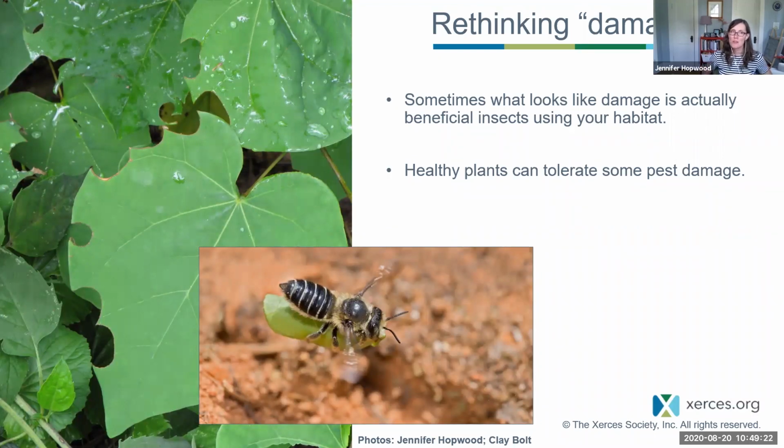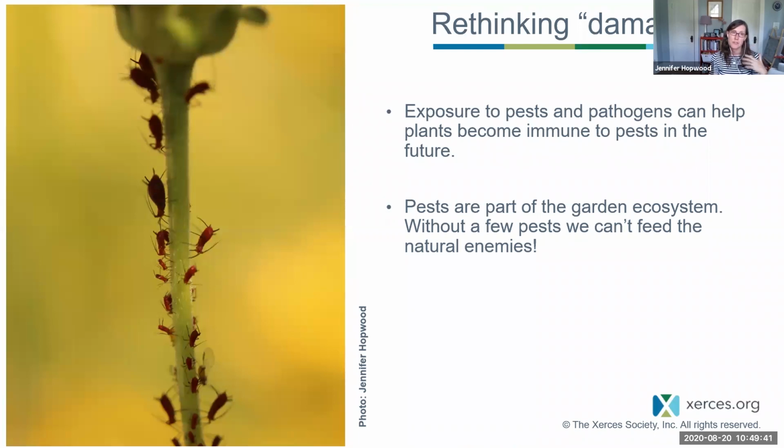So sometimes what looks like damage is actually just life using that habitat. And if you've got healthy plants, they can tolerate some level of damage, even damage caused by pests. And in some cases, damage caused by pests can produce a stress response in that plant that can make it more resistant to pests in the future. So sometimes a little bit of exposure to pests can help